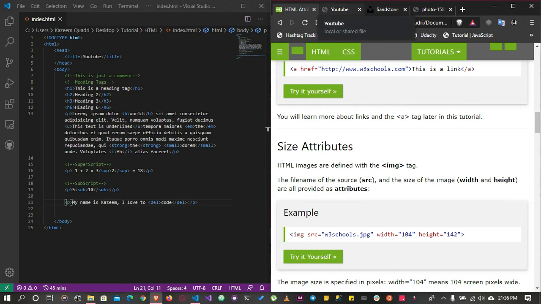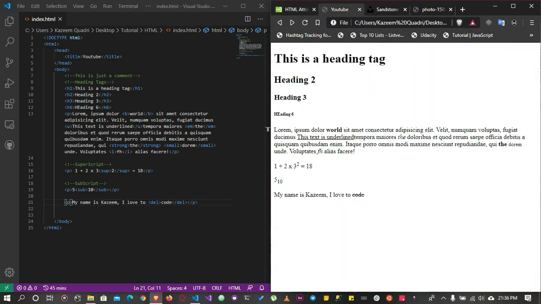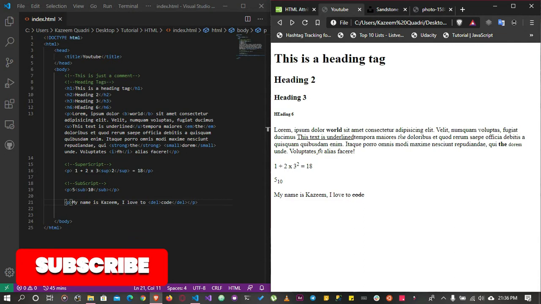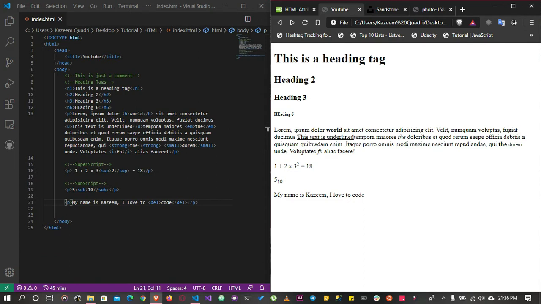And the first attribute we'll be talking about, before that, what are attributes? Attributes give more information about elements or tags. Some attributes even give more features to a tag or help the tag to perform its functions properly. So the first attribute we'll be talking about is the title attribute,